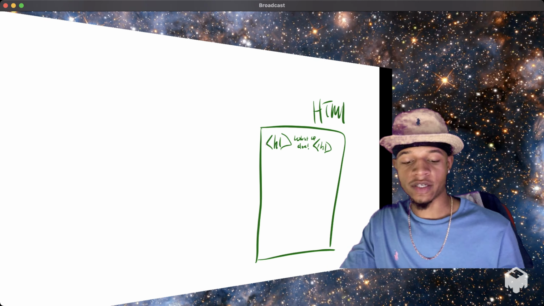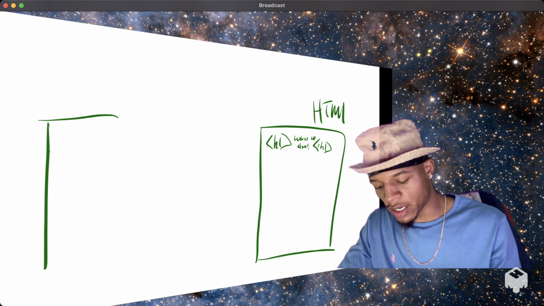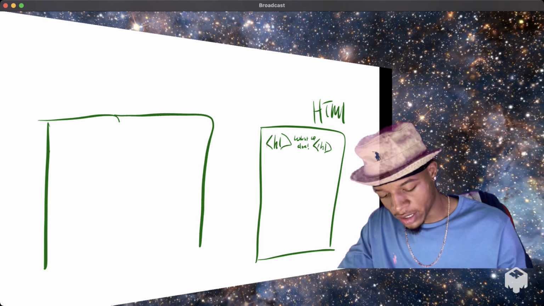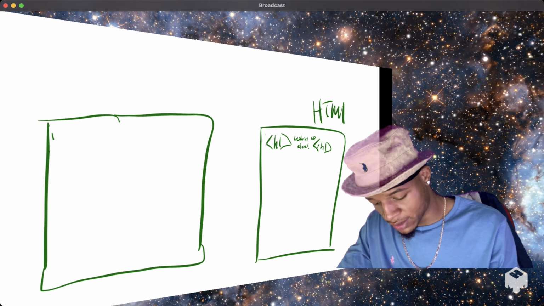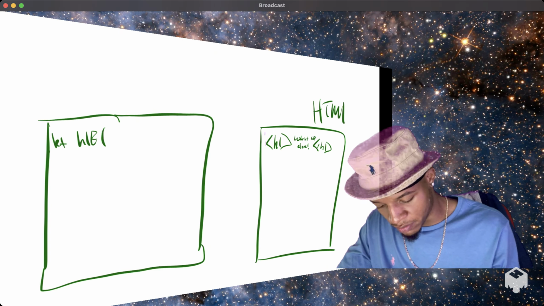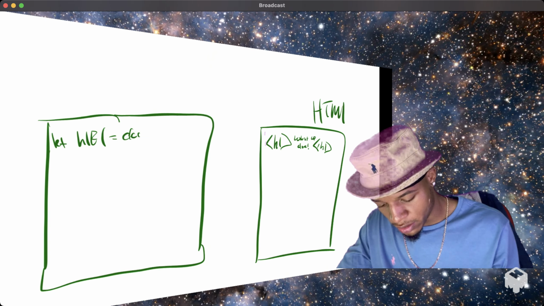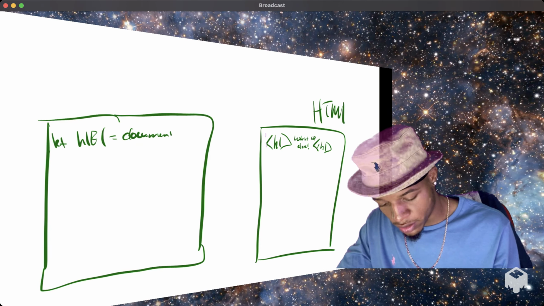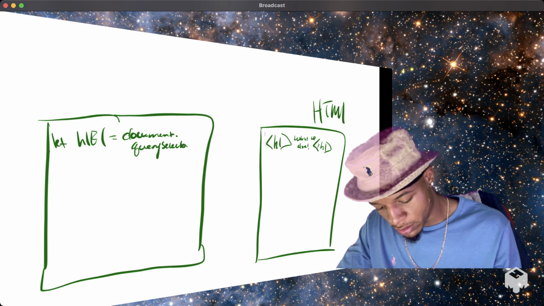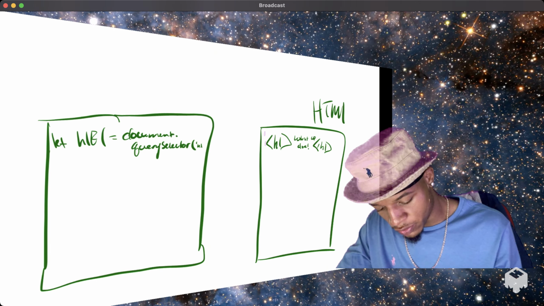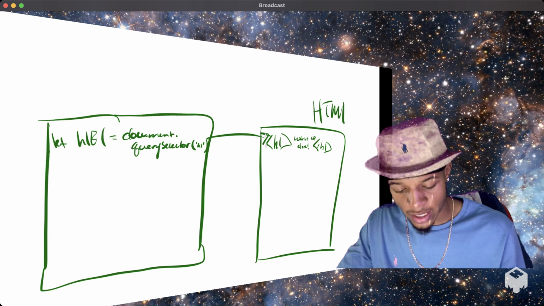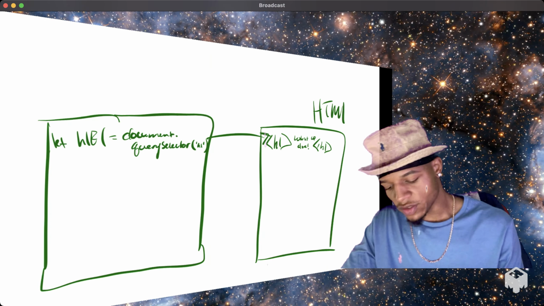Right, and so we got our H1, and then we got our JavaScript file over here that is going to say let h1El equal document.querySelector, and then we pass in h1. And so what that does is ties me here to this H1. So now that I got